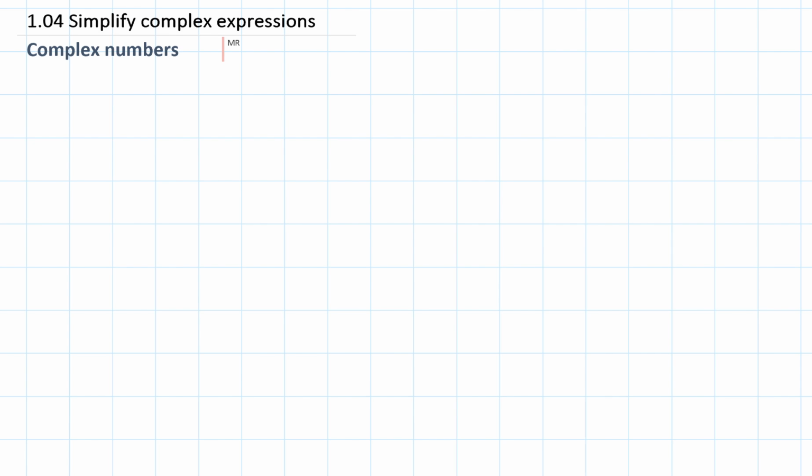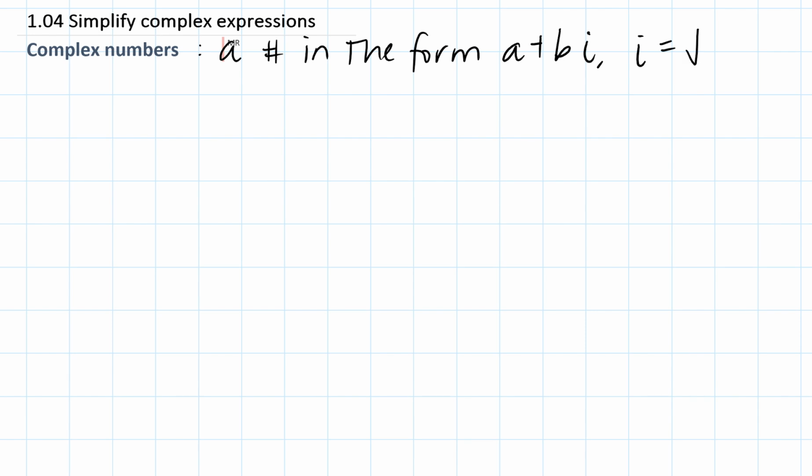A complex number is a number in the form a plus bi, where i is the imaginary number, the square root of -1. i, like pi, is a number, but we treat i like a variable. So we're not solving equations today. Again, we're simplifying, and when we are done simplifying or cleaning up, our final answers will always take this form,